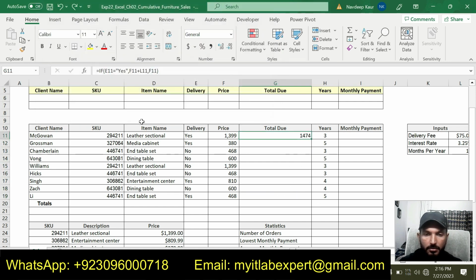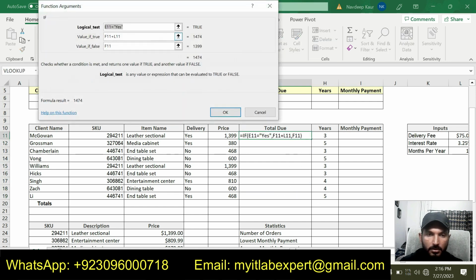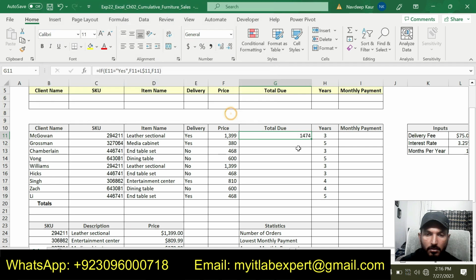Now it is giving the correct value, because we were supposed to use L11 as an absolute cell reference. So now it is giving us the correct values.